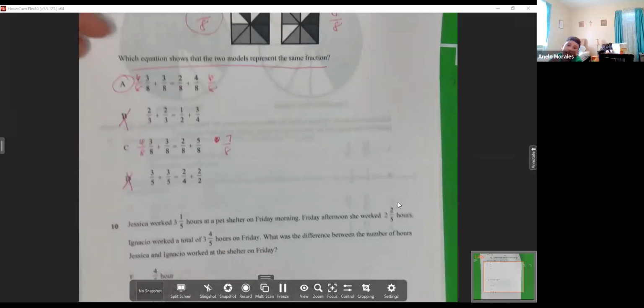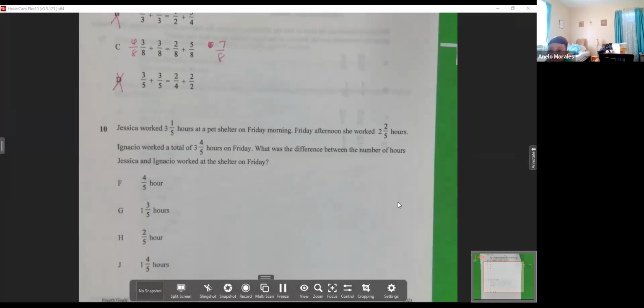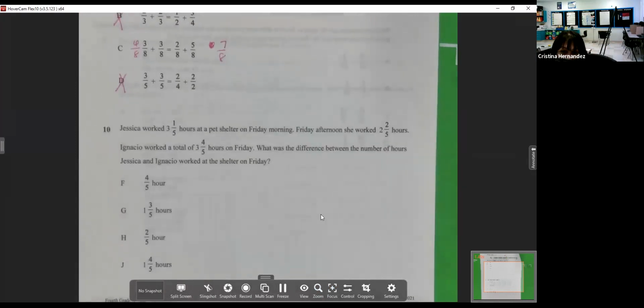Oh, this is a hard one. This is one of those ones. No, it isn't. I just got confused by it because the way they wrote it was so weird. It's not too hard once you get it. Had a lot of work though. I need to go and look to see if you have one like this on your test. This may be what I just help you out with.